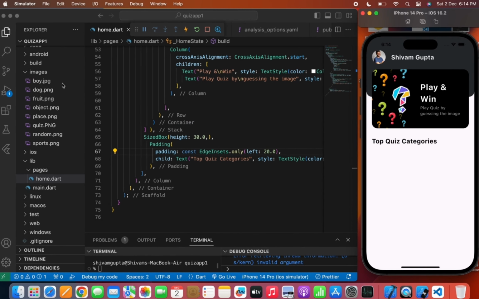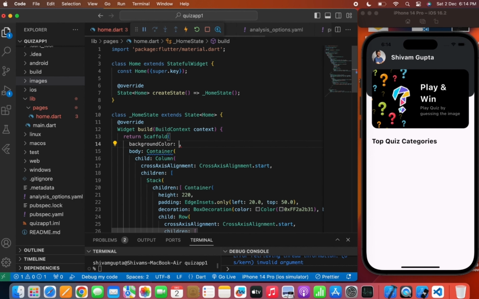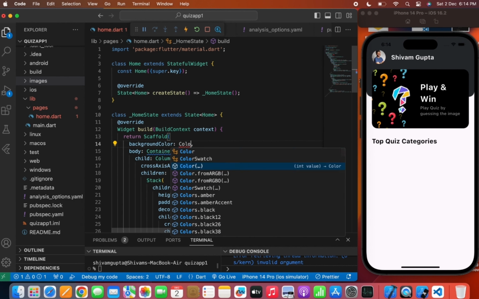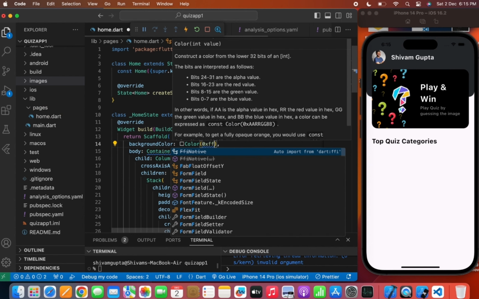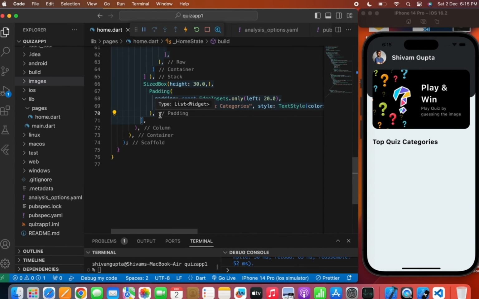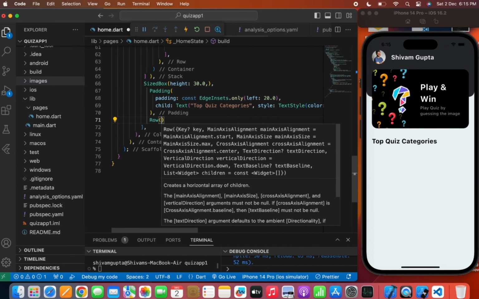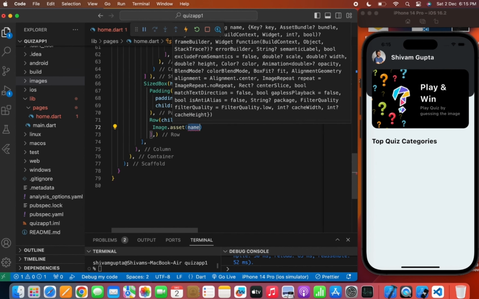So as you can see, I have saved all the images for the specific category. Now I will first pass a background color to the scaffold widget so I can give the complete background color to my app screen, and we'll pass a customized color code here. So it is done. Now we'll write Row children, and inside the children we'll write Image.asset,